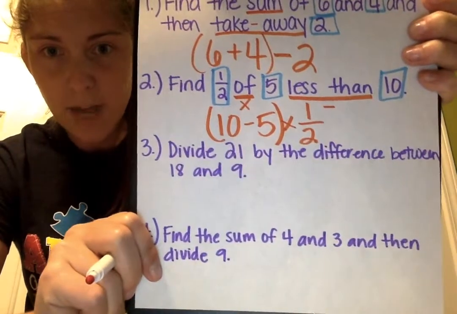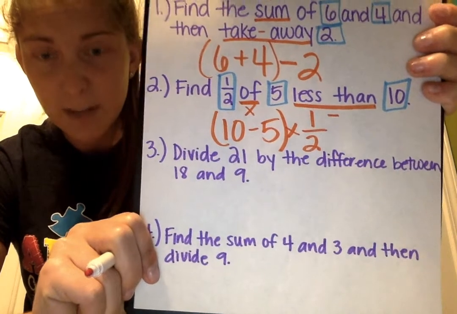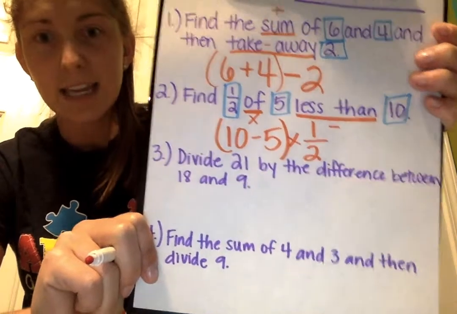All right, number 3. Number 3 says divide 21 by the difference between 18 and 19. Well, same thing. I'm going to take my blue